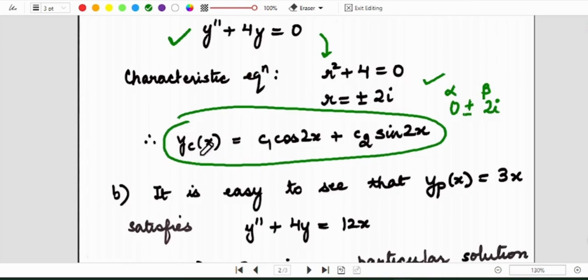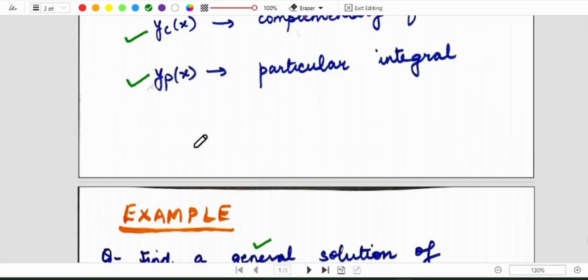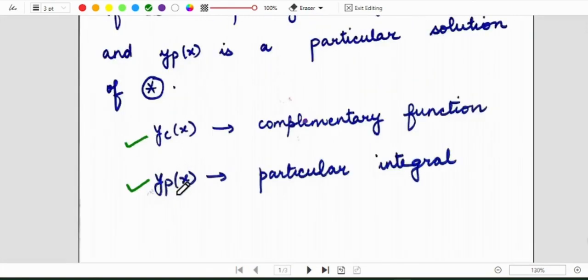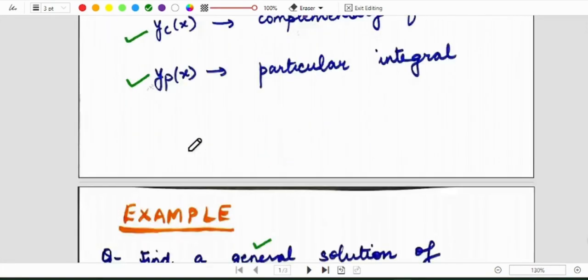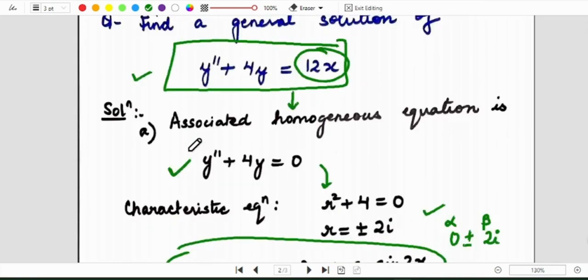So you do it the normal way, just consider the right hand side to be 0 and then calculate your yc(x) the usual way. Now the second component that the general solution of the non-homogeneous equation has is called yp(x). It's called the particular integral. That means it's one particular solution which you can obtain through any of the techniques. If you can do it by trial, just looking at the equation, if you can guess a particular solution, well and good. If you cannot guess, then there are certain standard procedures for getting one particular solution which we'll be learning in a little while.